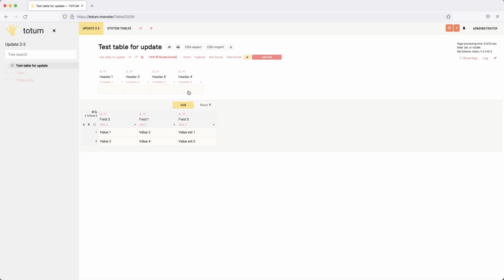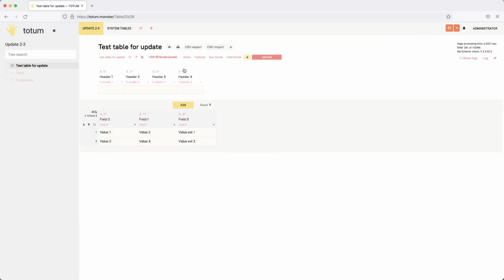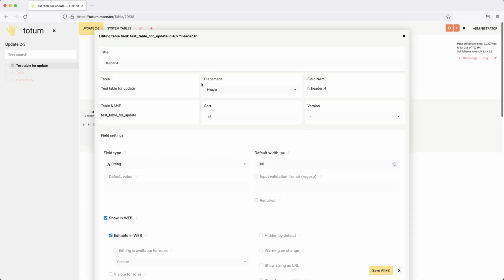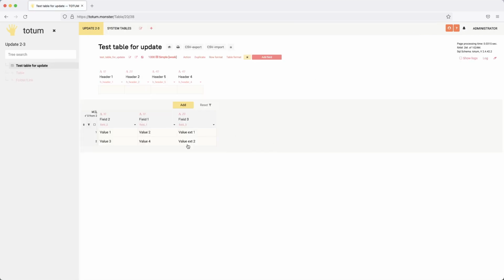So what do you need to do in order to transition normally and keep your solution fully functional? You need to change the sort for the fields. Here we have header 4 after, and we want it to stay after. First it was header 5, then header 4. We need to open its parameters and increase its sort, so that they don't have the same sort, and the sort here is definitely bigger than here. And so that you can find all the fields in your solution that have the same sort and will change their location after the upgrade,